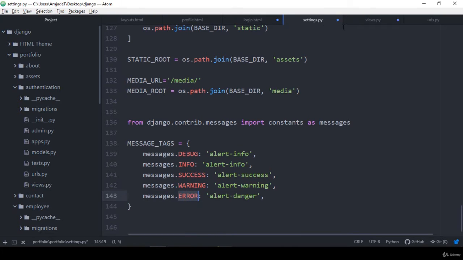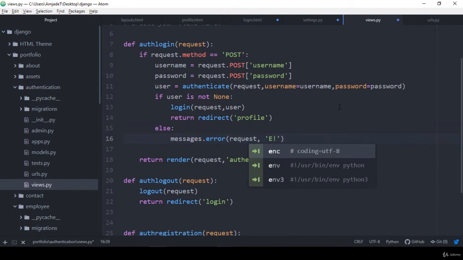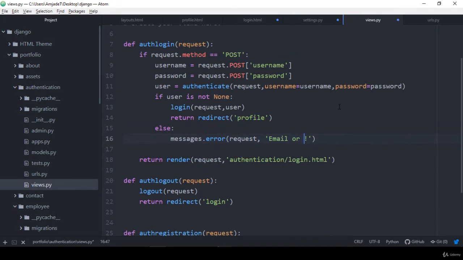So right now I want to display that error, because it should be an error message, right? So I just name it as an error message, and in the error message area with this request, whatever message you want to pass. So right now I want to pass the message, it should be displayed as email or password invalid. So this type of message should be displayed.